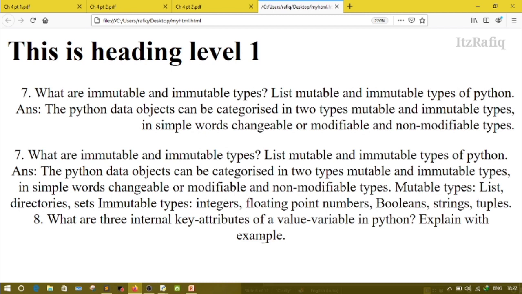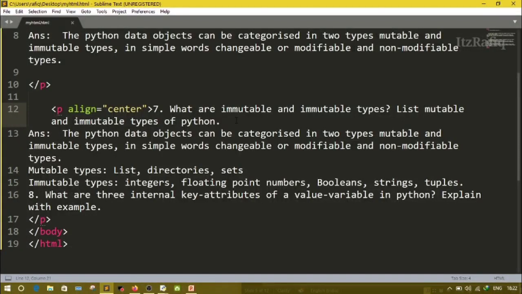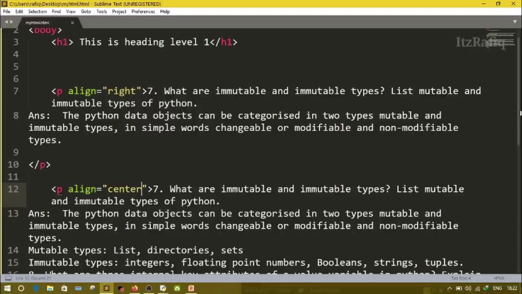So in a paragraph tag you will get just one attribute, that is align. In align you can put 4 values, either left, right, center or justify. If you write left, then the paragraph will start from the left hand side. If you write right, then the paragraph will start from the right hand side. And if you write center, the paragraph will align at the center, and justify, it will adjust the sides of the page. Now we have the BR tag.